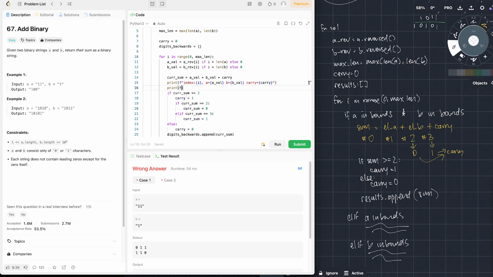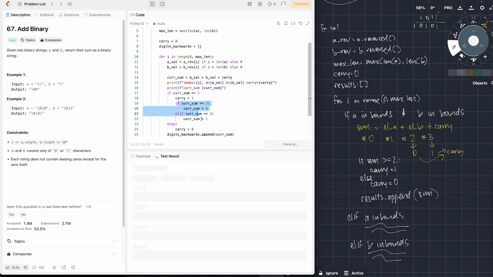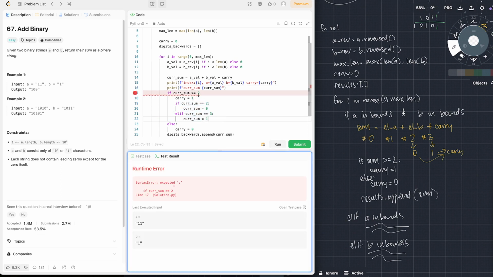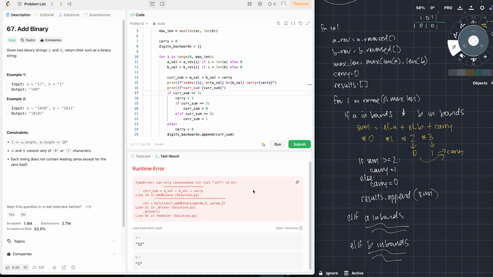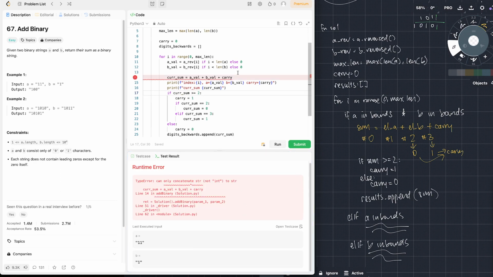I can go ahead and print cur sum is cur sum, and then, you know, let's just imagine that the code in these control flows work correctly, and does not work correctly if you're missing the colon. Okay. Also does not work correctly if you're missing the string to int. Definitely important,